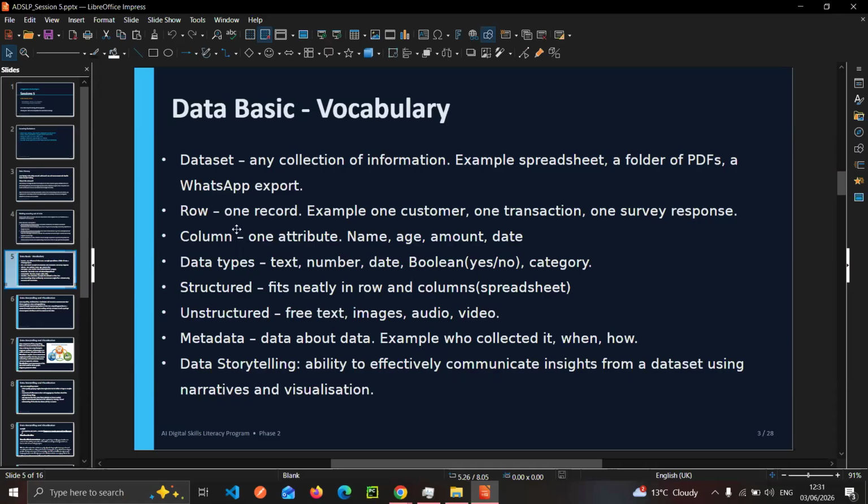This program is empowering us on how to use AI in various domains, and specifically in a professional domain, we might be given data and asked to get insights from it. Even with our own personal data, we could also gain some insights.